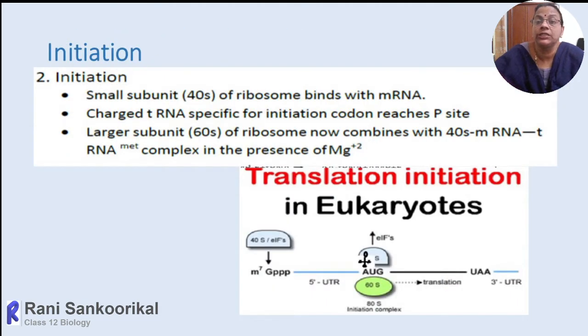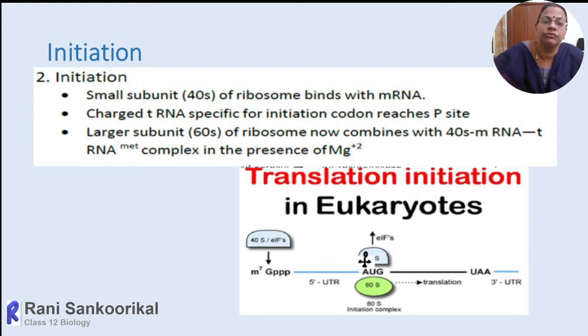initiation. So in the initiation step, first the mRNA will bind with the ribosomes. Normally the ribosomes are found floating within the cytoplasm in a dissociated form. The small subunit and the large subunit are in a dissociated, separated state only. So soon after the mRNA reaches the cytoplasm, the 5' end of the mRNA will bind with the